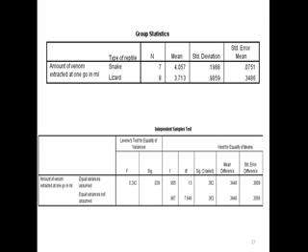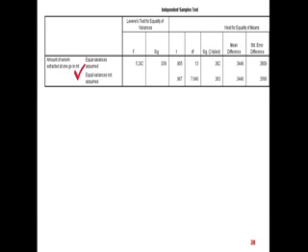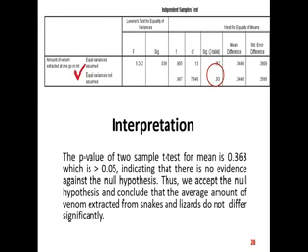So this is the stage in which we actually identify our null hypothesis to be accepted. So we actually go with the second one. As you can see here, we look at the p value of the second row, and accordingly we get the interpretation here. The p value of two sample t-test for mean is